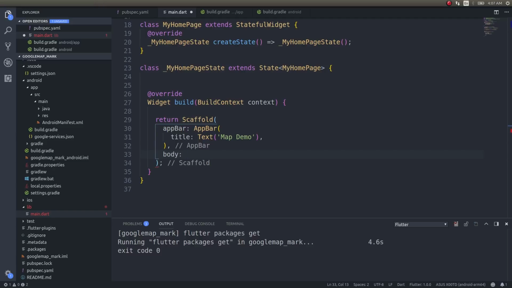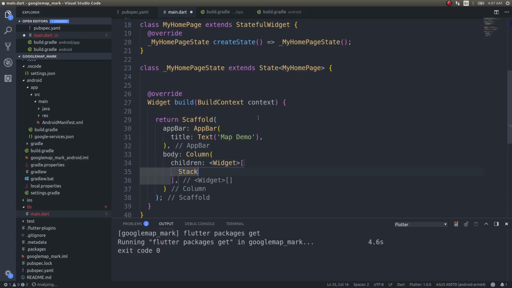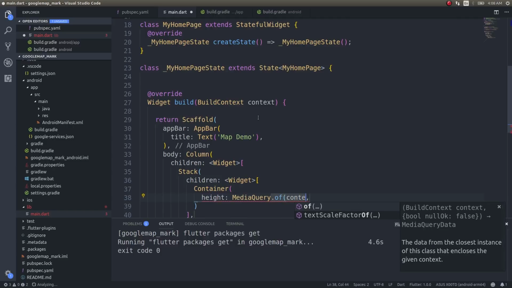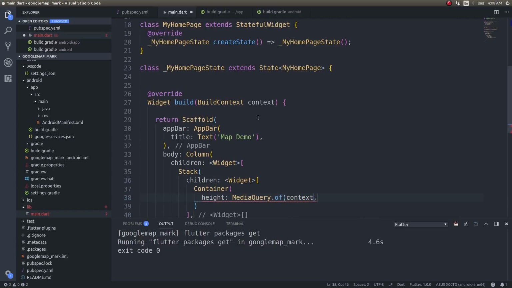So inside the body I'll have a column, and in that particular column I'll do children. In this children, I'll have a stack. This stack will have its own children, and inside that I'll have the container which will hold the map for us. So container height would be MediaQuery.of(context).size.height